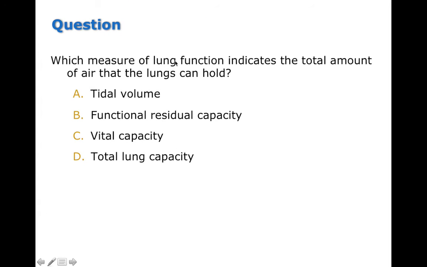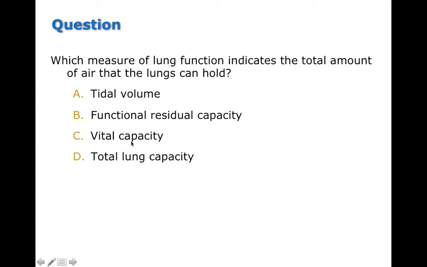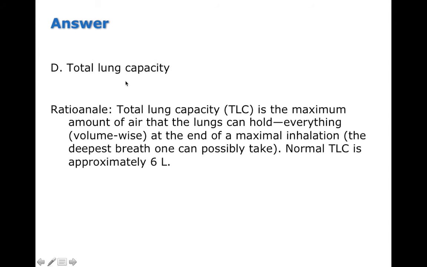So this question here says, which measure of lung function indicates the total amount of air that the lungs can hold? Is it tidal volume, functional residual capacity, vital capacity, or total lung capacity? Well, we talked earlier about how it's total lung capacity. Now, it's not vital capacity, because vital capacity is just your inspiratory reserve volume, your tidal volume, and your expiratory reserve volume. But total lung capacity also includes your residual volume. So that's going to be basically all the air that your lungs can hold. And in a normal, healthy individual, on average, it ends up being about 6 liters,